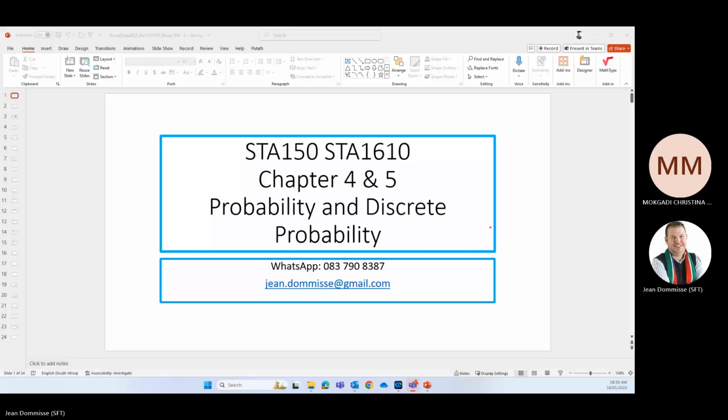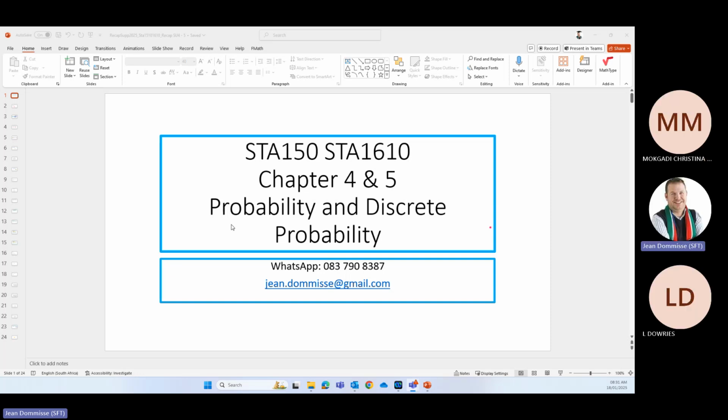Okay, so the first part of the session today, we're going to look at chapter 4 and 5. So we're starting off with probability. So the basics around probability, and then we will go into discrete probability. So discrete probability will look at binomial and Poisson distribution, and then we'll take a few minutes break, and then